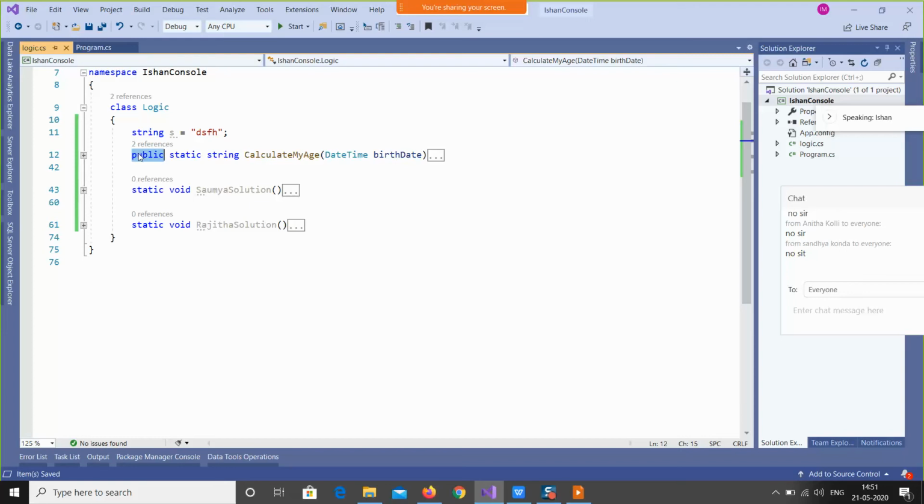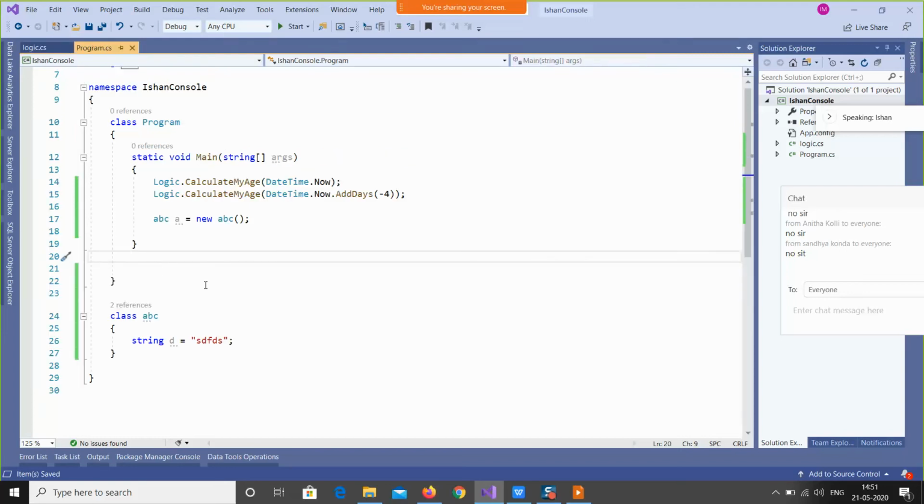If I create a new class file as well as what I have created here, now you can see logic.calculate.